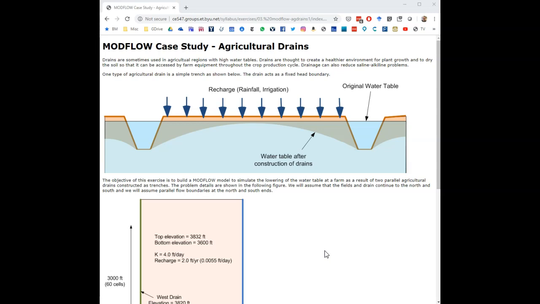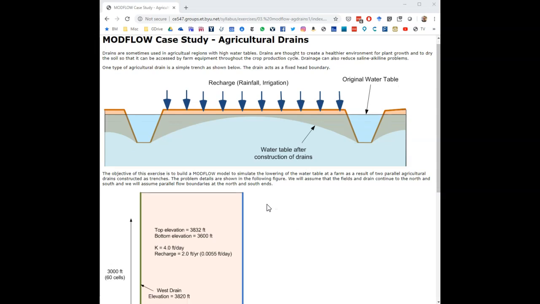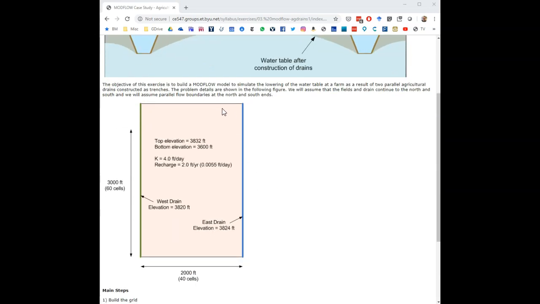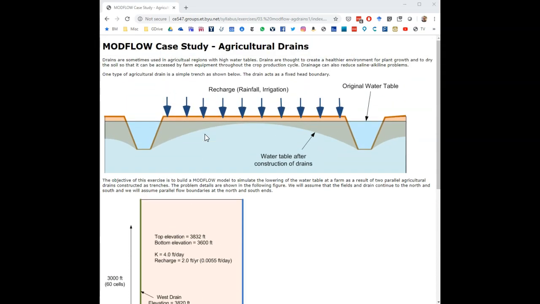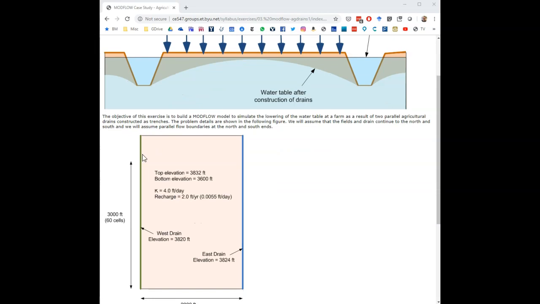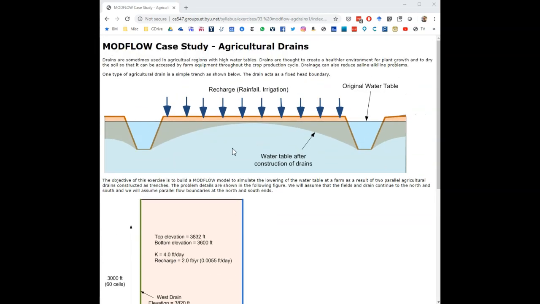This is a cross section through a site, and down at the bottom we have a plan view of this site. So this would be some land that is being cultivated, and if you have a high water table, sometimes you can accumulate salts and alkali, and so the idea is if you dug a trench on either side here, that would then act as a drain,